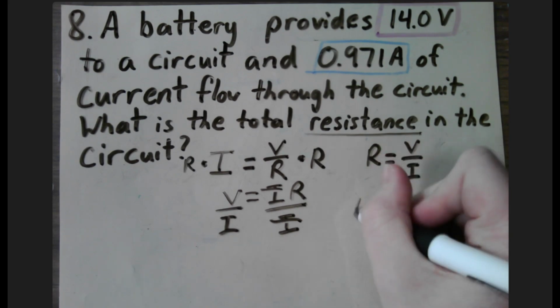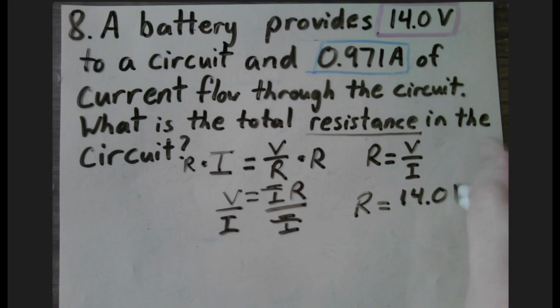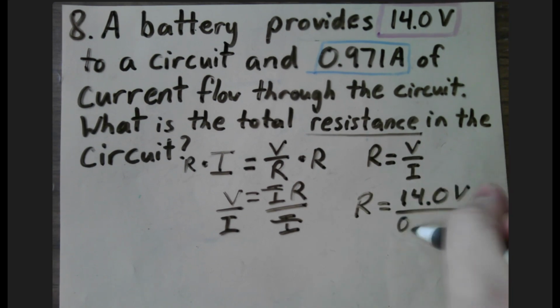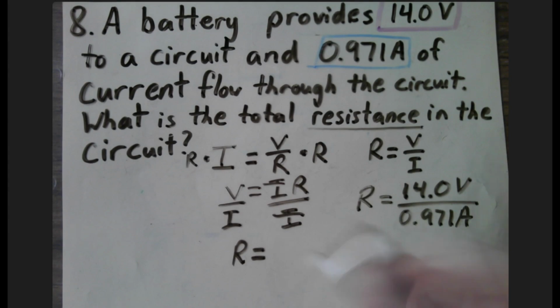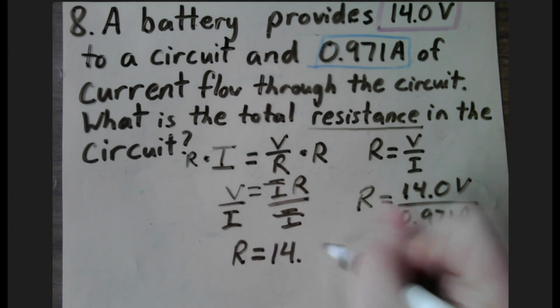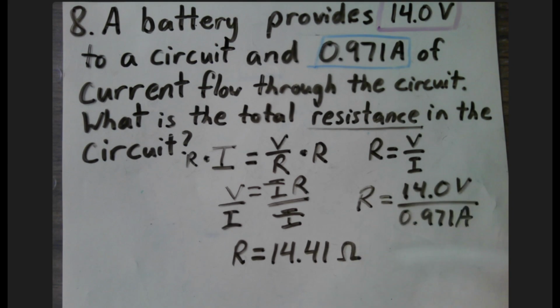R equals 14.0 volts over 0.971 amperes. Calculating this all out, our resistance is equal to 14.41, and our units for this is ohms. But we're not done yet because we got to round. So our overall resistance is